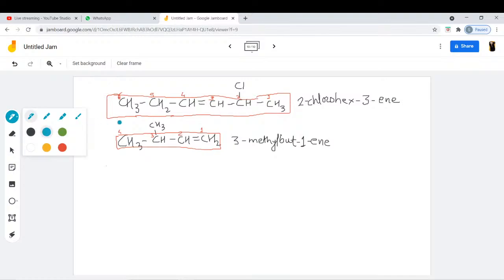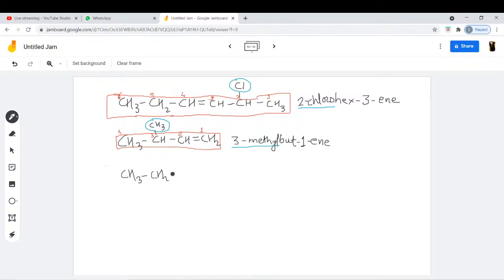See, the substitution is attached to the third carbon. Here the 2 chloro is attached to the second. Here the third carbon has a methyl group, so 3 methyl, like this. Easy now, okay. I think you can give the numbering to these compounds. It's easy. If there are more than two substitutions, like